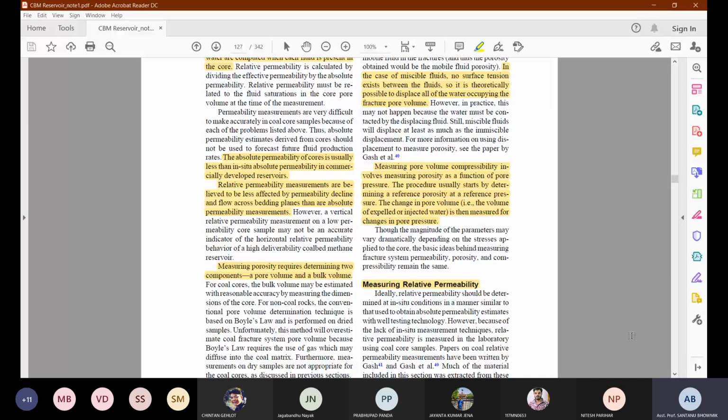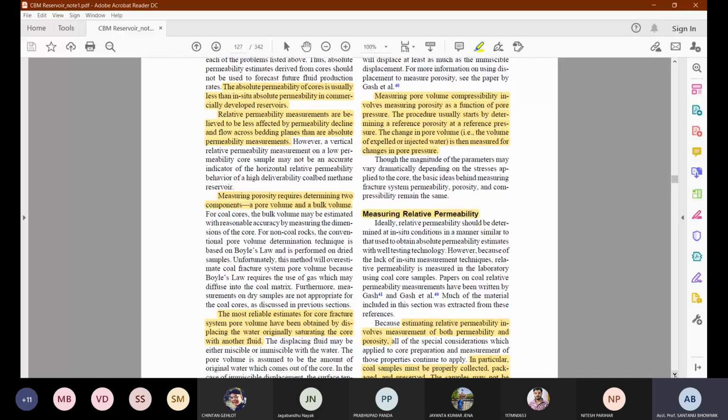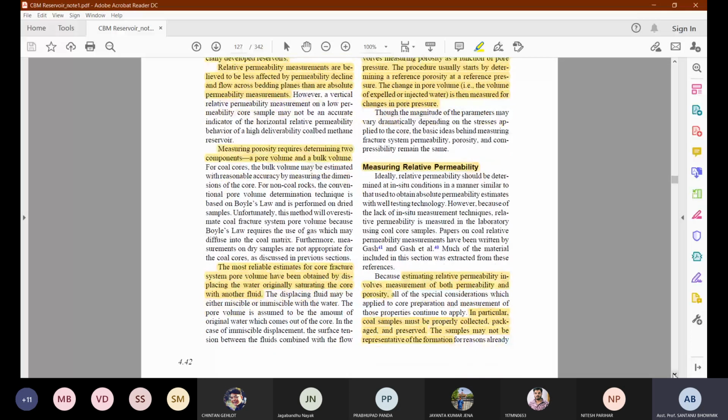Now we are coming to the next discussion, which is the relative permeability. Relative permeability is not a fundamental parameter to measure. It is the normal permeability, the Darcy flow permeability, which we are going to measure in the laboratory. But we are going to estimate the relative permeability in terms of the FFT and the base permeability.